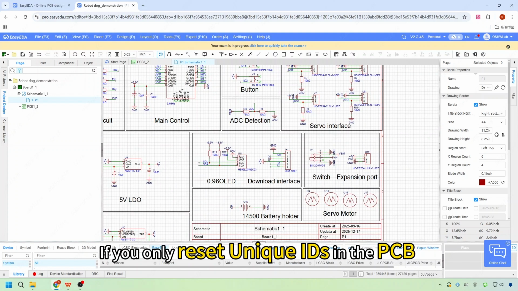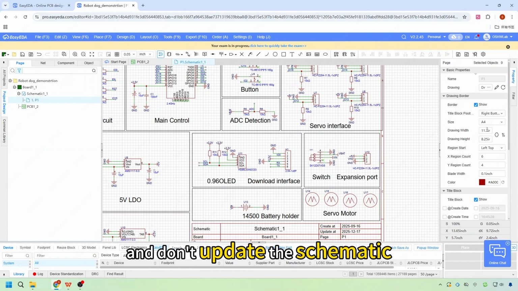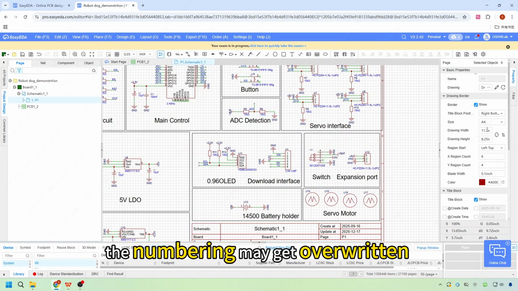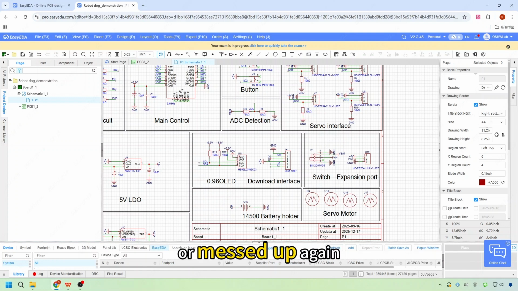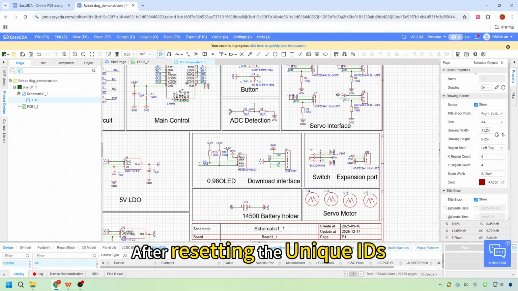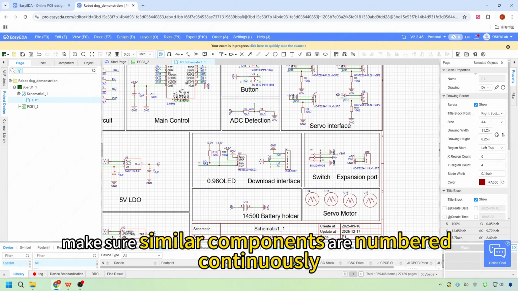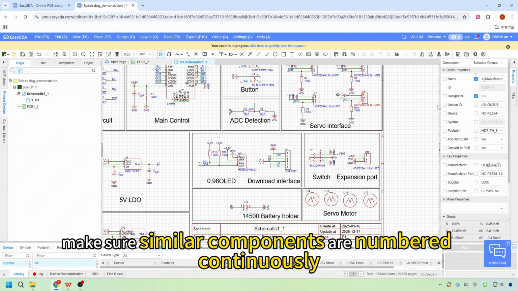If you only reset unique ID in the PCB and don't update the schematic, the next time you sync from the schematic to the PCB, the numbering may get overwritten or messed up again. After resetting the unique IDs, it's a good idea to do a quick check. For example, make sure similar components are numbered continuously,